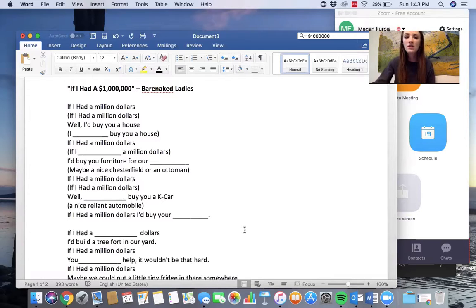Okay? So first, we're going to listen to the song once, just so you can hear it. And then we're going to listen to it two or three more times, depending on how much time you need to fill in all of these blanks. So first off, just listen to this song and try to see how much you can understand. And then second time, we're going to go through and try and fill in the blanks. And we'll see how much time this takes, okay?